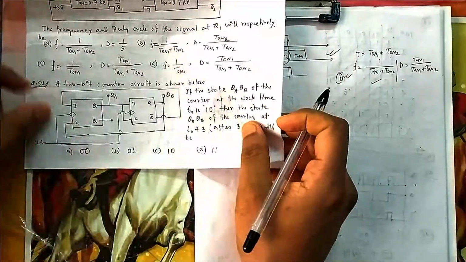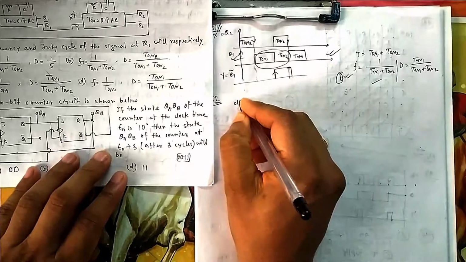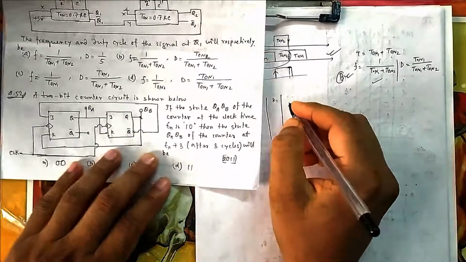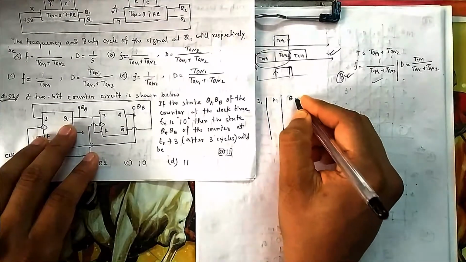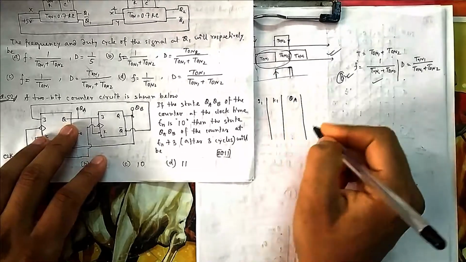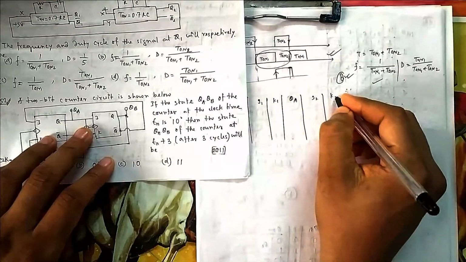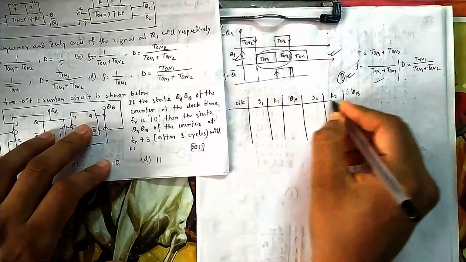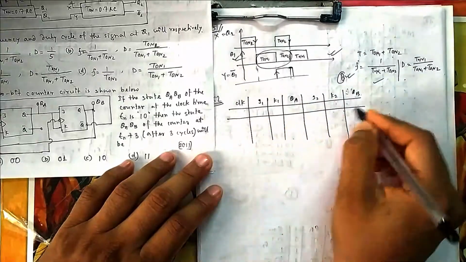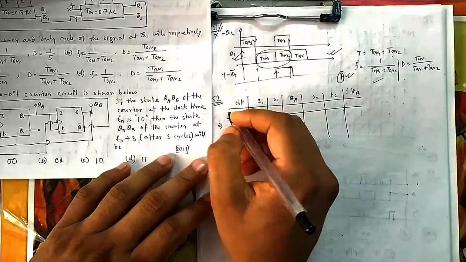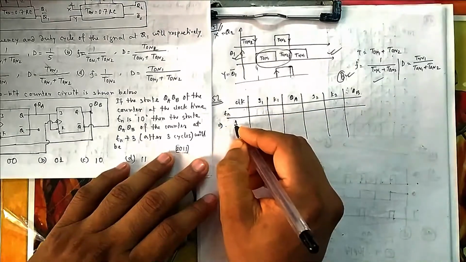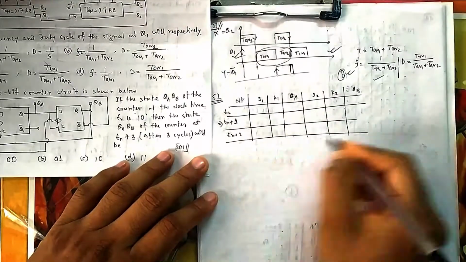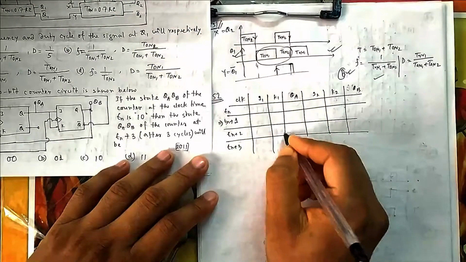Okay, so let me write all these values first. So this will be clock, and then suppose J1 K1, so I am writing J1 K1. Then it is Q1, suppose, or QA. Then it is J2 K2 and then it is QB. First, initially I have not given a clock pulse. I will give a clock pulse from here, suppose it is my Tn at that time, and then it will be Tn plus 1, and then Tn plus 2, and then I will give the last clock pulse, that is Tn plus 3. So this is my requirement.